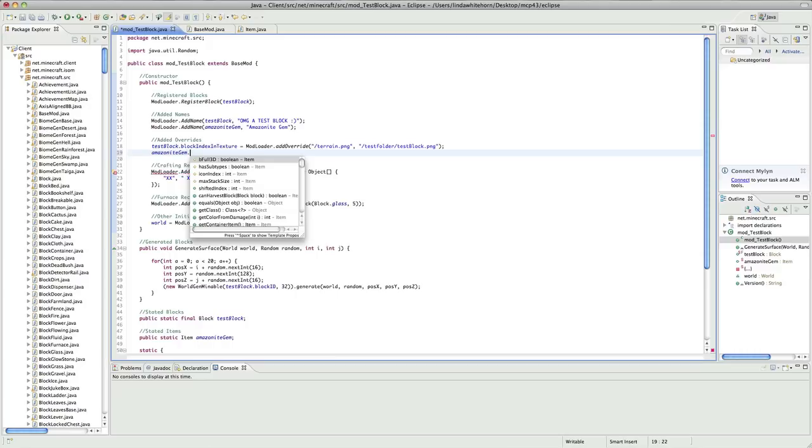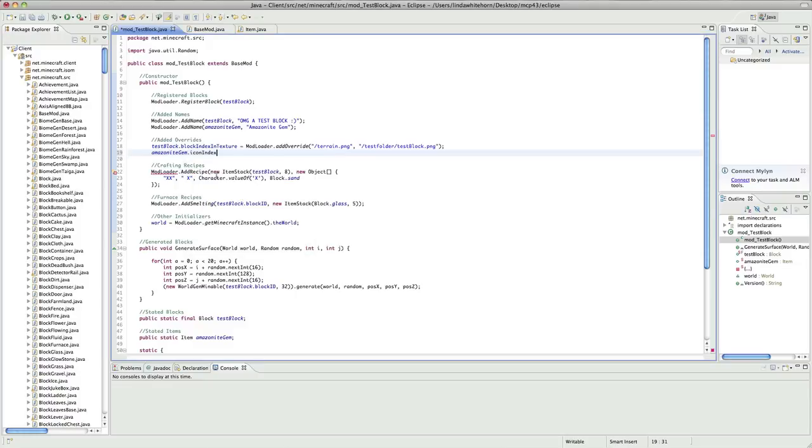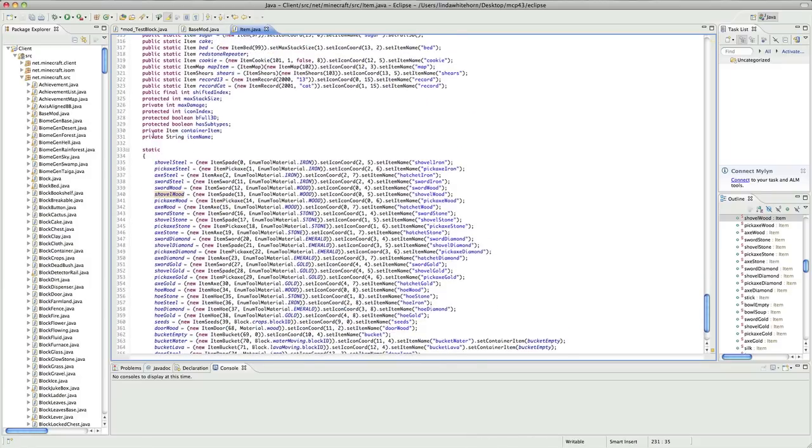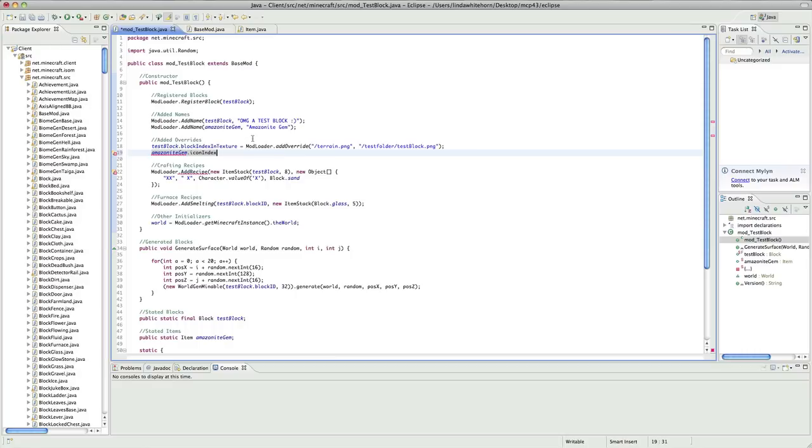Now it's not dot block index and texture. It actually has something else called icon index, which is in item.java. If you scroll down here, you'll find a protected int called icon index, and that's what we actually want to use, and I'll show you why soon. And so Amazonite gem.icon index equals modloader